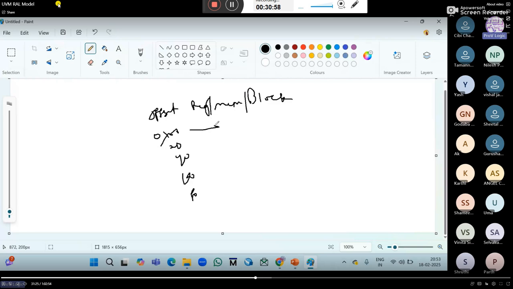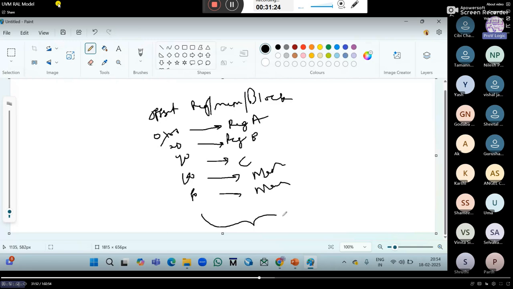This particular offset value is for register A, this one is for register B, and this for register C. Sometimes it represents a memory block, memory 2 block, and there will be some sub blocks also. So this is what a memory map is. It will have the target to DUT handles and also target to sequencer handles. Based on this, we will generate the data in the sequencer.